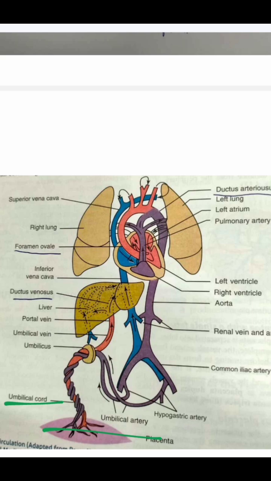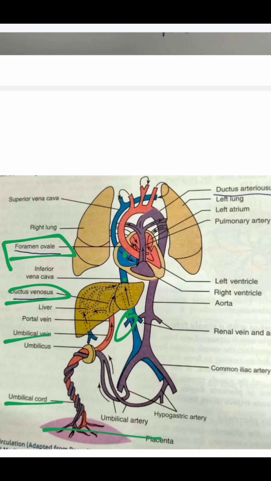Okay, from the umbilical vein it carries oxygenated blood. It enters into the inferior vena cava, bypassing through the ductus venosus which is present in the liver, and also it carries deoxygenated blood from the lower limb. The inferior vena cava pushes the blood into the right atrium, and there is a connection,